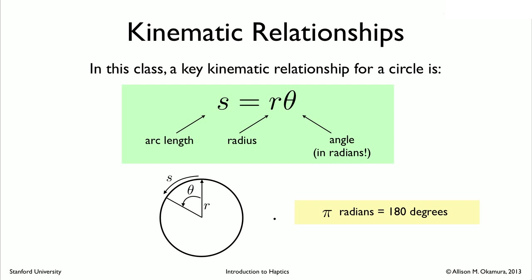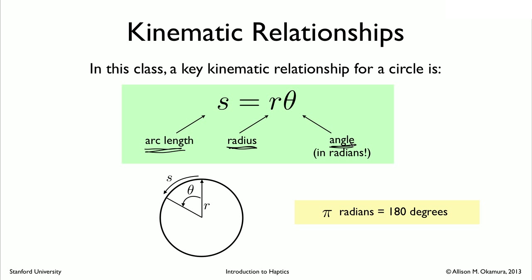So we talked about these transmissions, but of course our end goal is to come up with equations that describe the kinematic relationships that result from those transmissions. So in this class, the key kinematic relationship is that for a circle, and it's as follows. It's the arc length, which in general we can just call S, but we'll use different variable names for it, which is a translational motion or position, and the radius of the circle about which is being rotated, and then